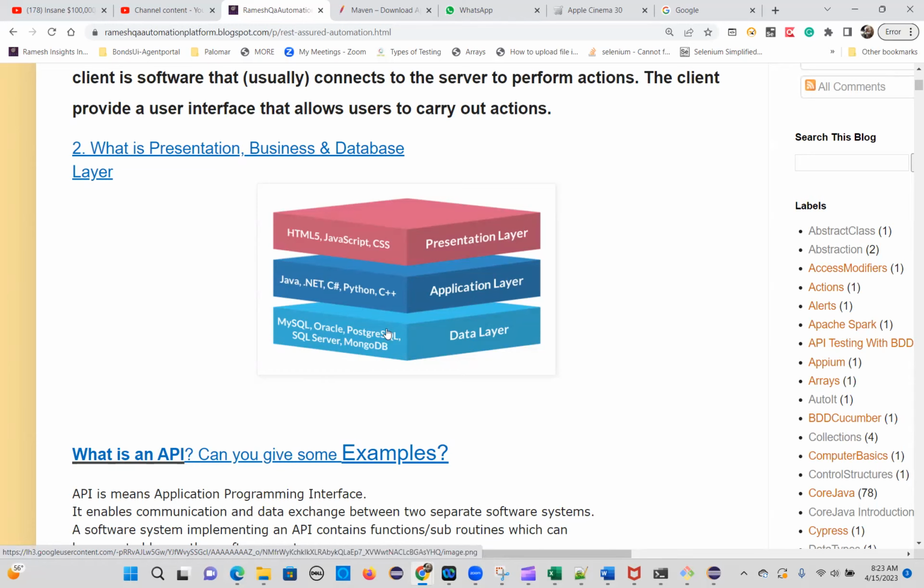Now, as the size of the application grows, performance issues come up, and there are a lot of problems. If you change one area, you need to deploy and test everything. We don't know where it is going to break. That is the problem with monolithic applications. From monolithic, people are migrating to